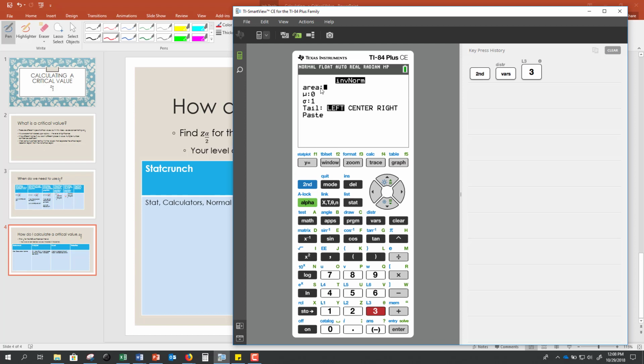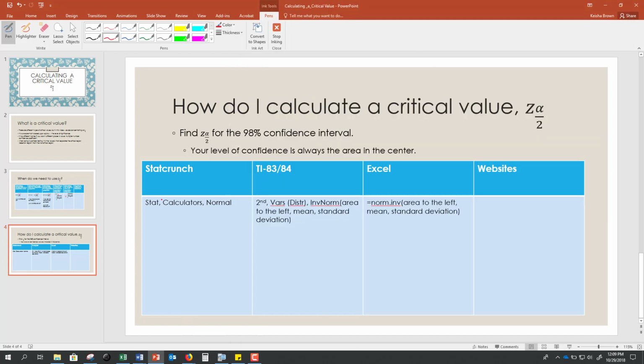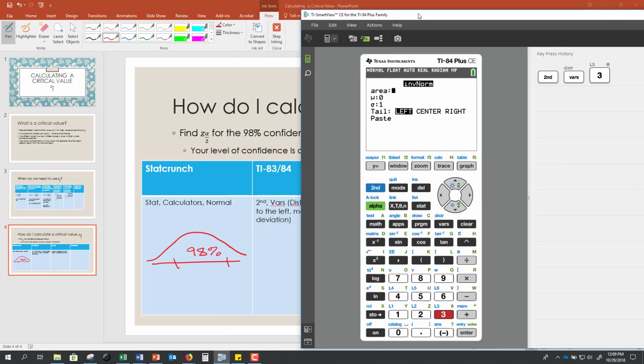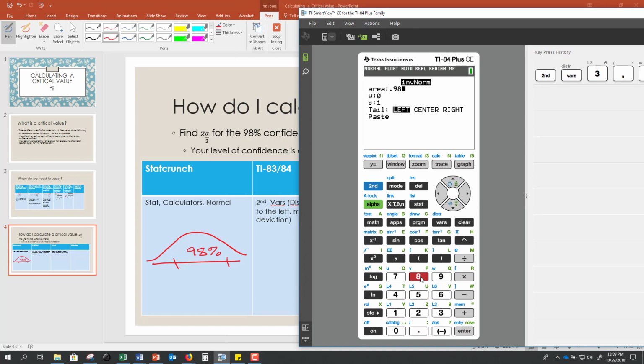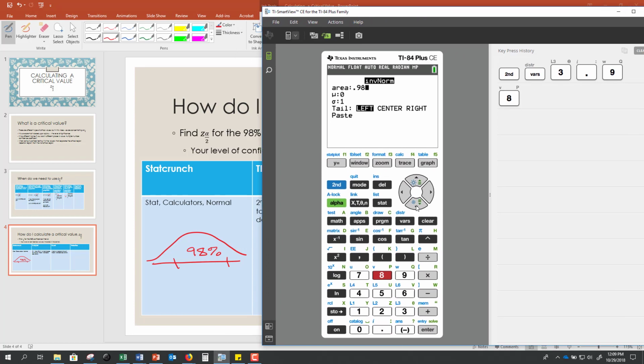So what we need is our area, and under the new operating system you can actually select where your area is. So just like with StatCrunch, if you know that you have a 98% confidence interval, that means 98% of our data is in the center. So with the new operating system, what you're going to do is put in the area that's in the center, 0.98. Then we're going to enter our mean 0, enter our standard deviation 1, and our tail we're going to select as the center